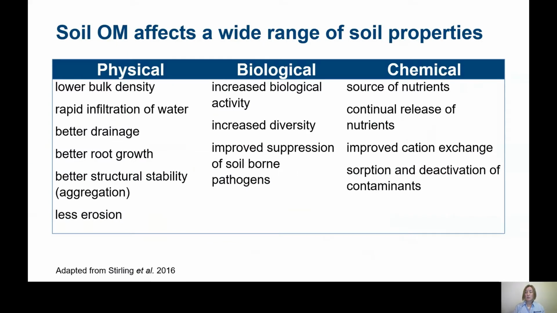So when we talk about soil carbon, we really are talking about soil organic matter. And what we forget is that organic matter is made up of not just carbon, but hydrogen, oxygen. And we also have the minerals, such as the nutrients nitrogen, phosphorus, and sulfur. And it's in these parts that gives us our mineralization of our nutrients. Mel spoke about the different range of soil properties and differences that we have.